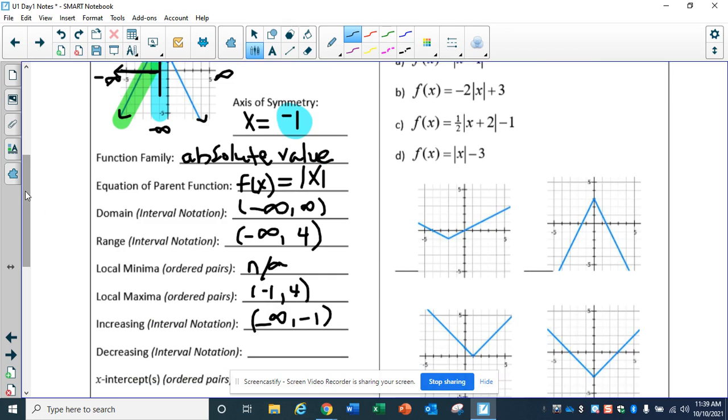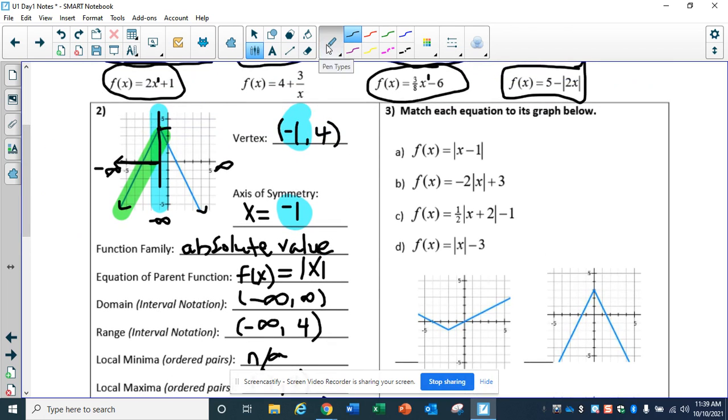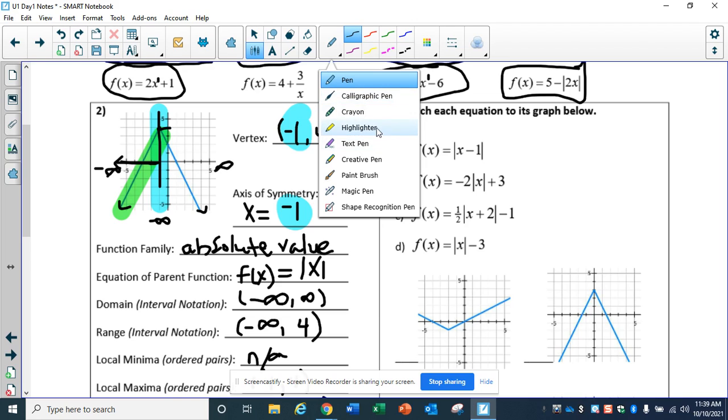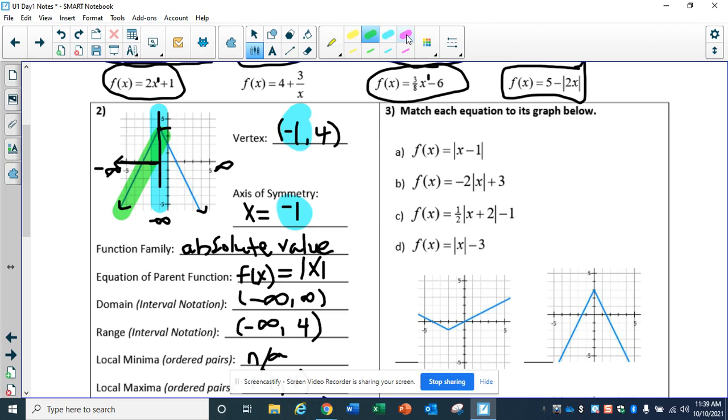I want the decreasing interval. Well, that's the right-hand side because that's a negative slope. It's going down as I go left to right. It's going down. And so that is